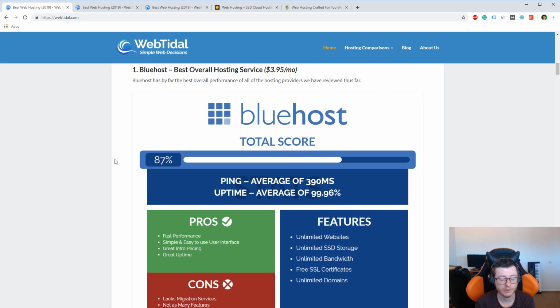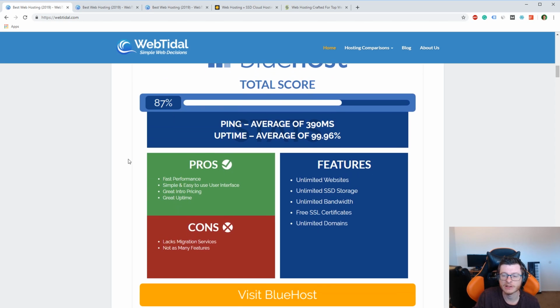It has decent customer support as well, although not as high. But the total score is going to be an 87% out of 100%. You'll find that Bluehost excels at each of these different criteria fairly well. It's not going to be the highest in any of these criteria compared to the other web hosting services, but overall it has each of these scores higher than you'll normally see with each of the next web